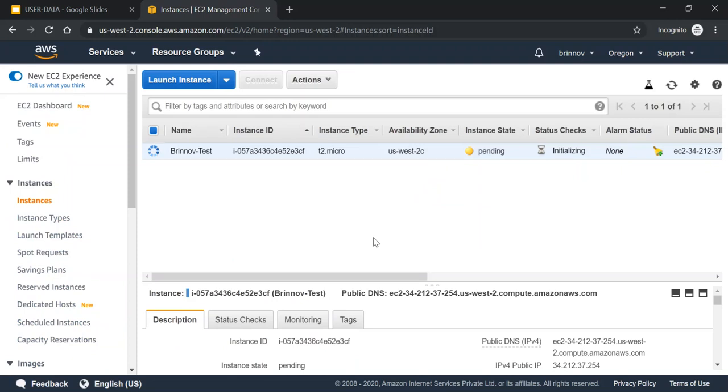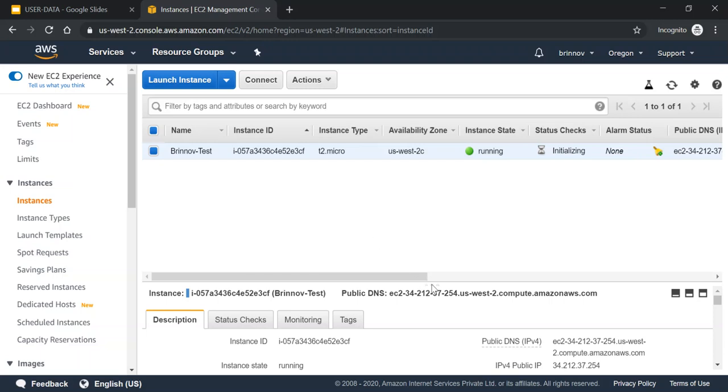Once it has reached the running state with all the status checks passed, then we are able to access this EC2 instance. Now my instance has reached the running state.